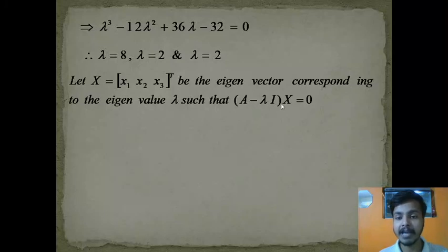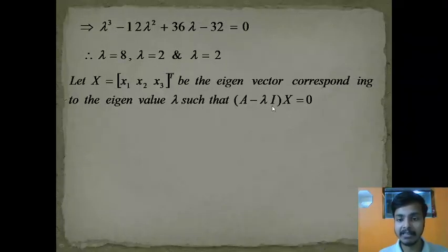A minus lambda I operating on x equal to 0. Again I am telling you, this is matrix A minus lambda I, not a determinant. And this is a non-zero vector x, so your answer will be non-zero. Sometimes people write, sir, we are getting 0 0 0 as the eigenvector. That is not correct, by the definition and by the concept also. Okay, so we got the eigenvector.